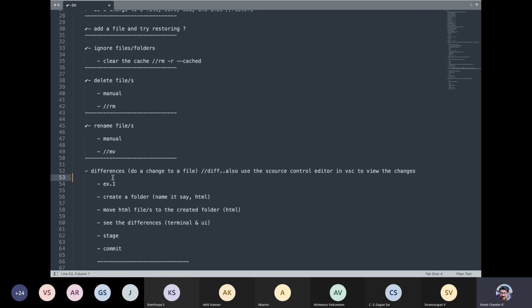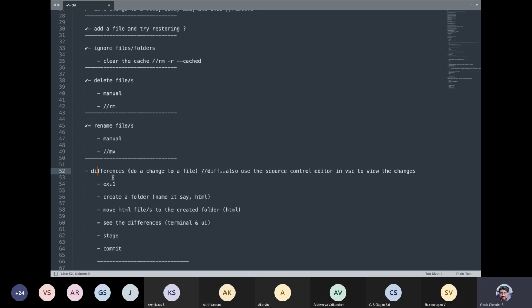Depending upon the file, how small or how big it is, either you can make use of git diff or you can make use of a separate extension to see the differences in a much more visually appealing manner. There are extensions available in Visual Studio Code as well, something like GitLens. That is the next level, so let us restrict ourselves to git diff as of now.